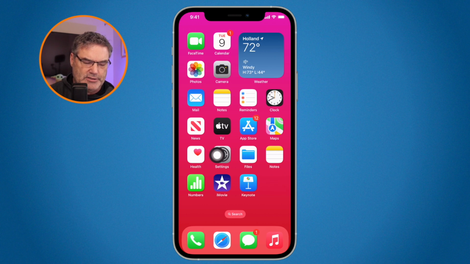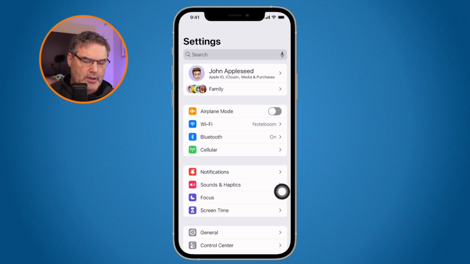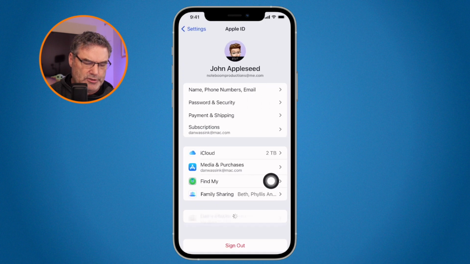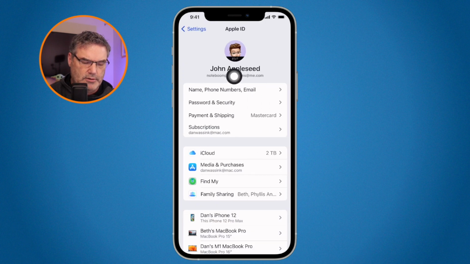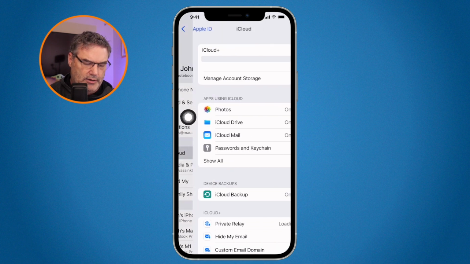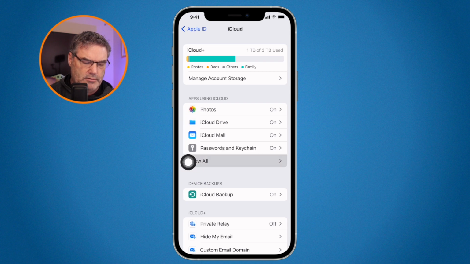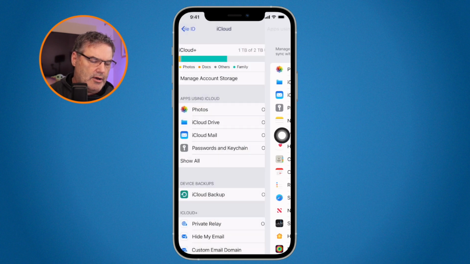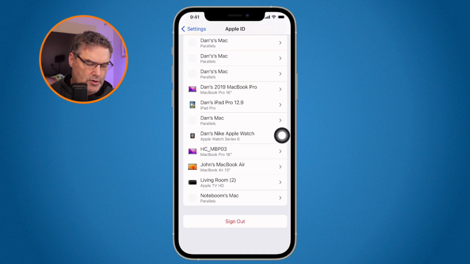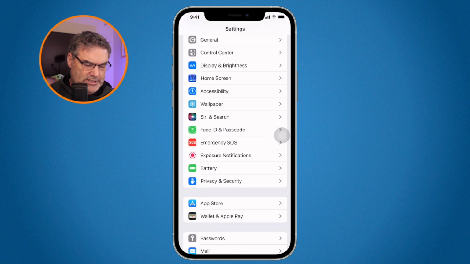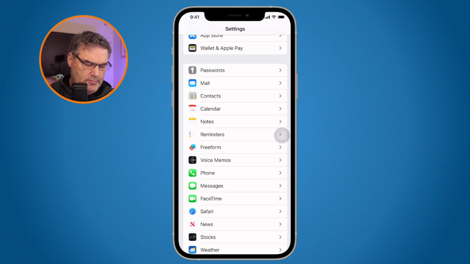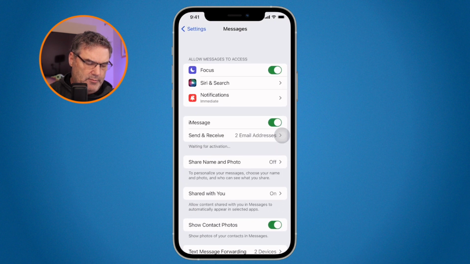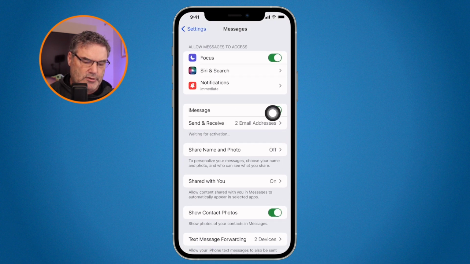So I'm going to go to settings here, and we want to do the same thing. Make sure we're signed into the same iCloud account, and I go to iCloud. I go to Show All, and again I make sure that Messages is turned on. Okay, so we're good there. Now we go back over here and go to Messages settings, just like we did before, and make sure that iMessage is turned on.